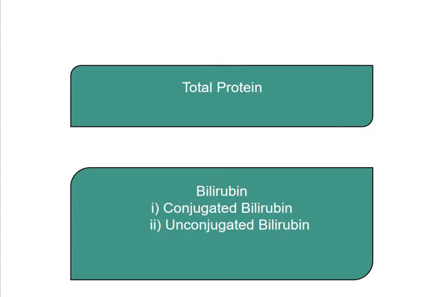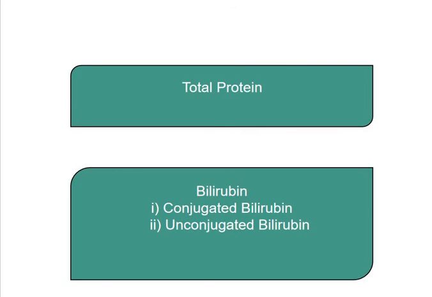This is the chemical which gives bile its yellow-green color. So a high level of bilirubin in your blood will make you jaundiced. Bilirubin is made from hemoglobin. Hemoglobin is a chemical in red blood cells that is released when the red blood cells break down. The liver cells take in bilirubin and attach a sugar molecule to it. This is then called conjugated bilirubin, which is passed into the bile duct.